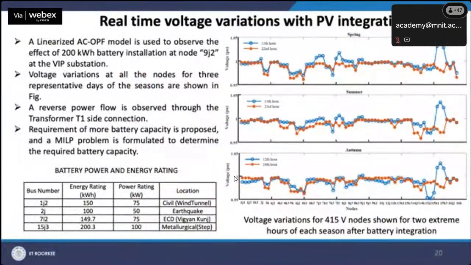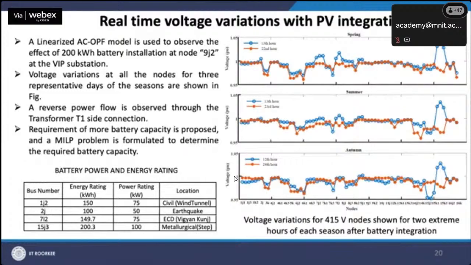As you all are aware, installation of batteries becomes an expensive proposition. So, we need to very carefully try to optimize those installations so that the overall cost for the network can be minimized. The total problem was solved using the Gurobi solver in